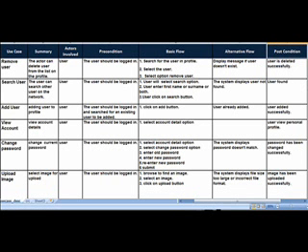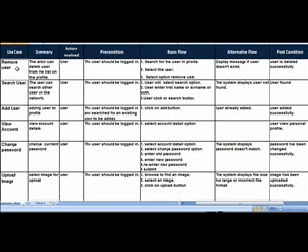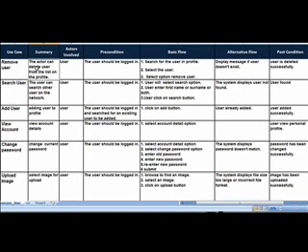These are the use case descriptions which describe each use case in detail. First is the use case name, which is representing the earlier diagram. Use case names, summary, actors involved, precondition